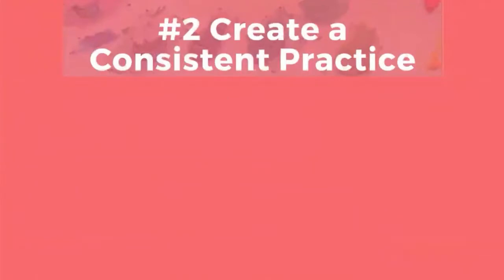Step number 2 is to create a consistent practice. You've got to have a consistent body of work, whether you're going to sell it in a gallery, online, almost anywhere. If you are all over the place, it becomes hard for other people to see what your vision is. Doesn't mean that you can't pursue different subjects in different mediums, but what you present to the public and have a conversation about needs to kind of be in the same